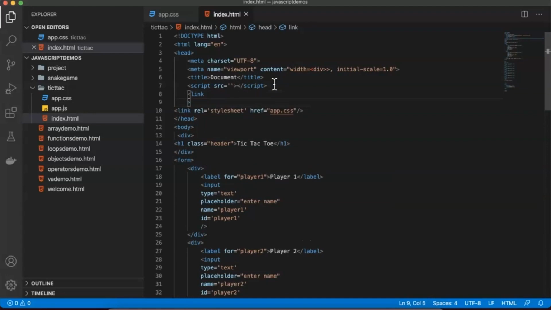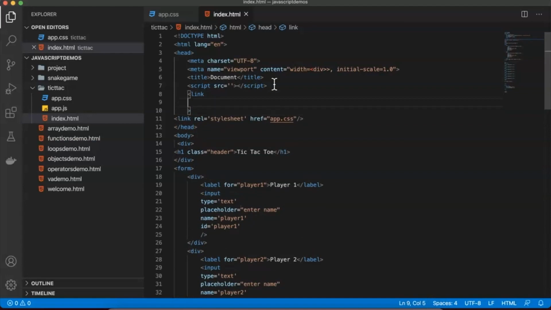Within this link we want one attribute called href equal to, now we have to give the proper location by saying https://fonts.googleapis